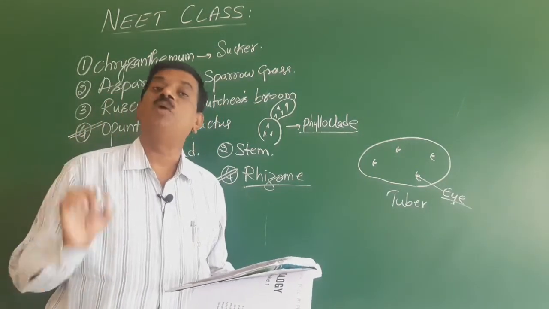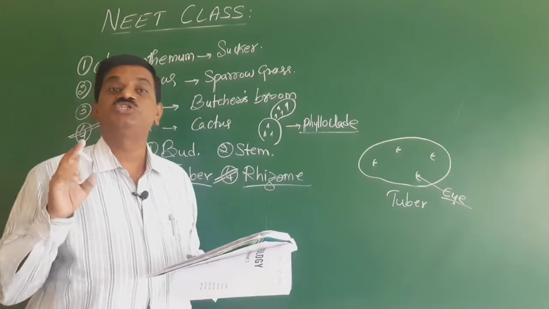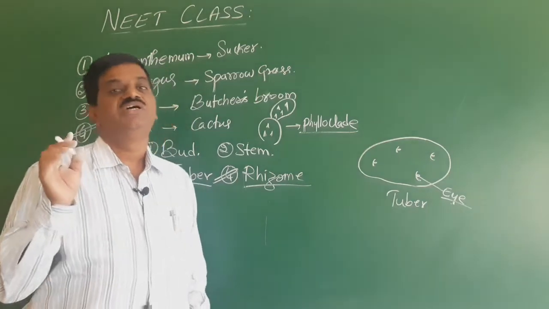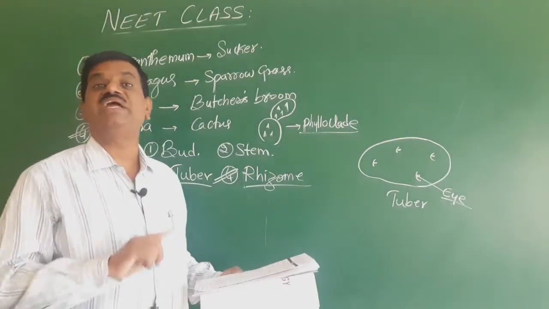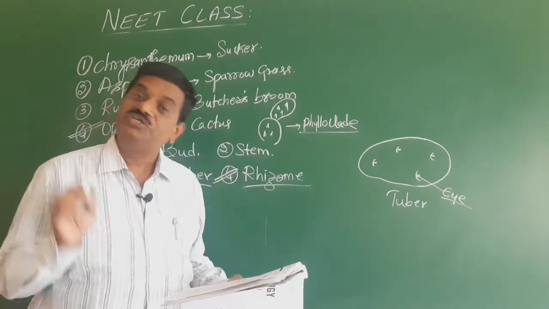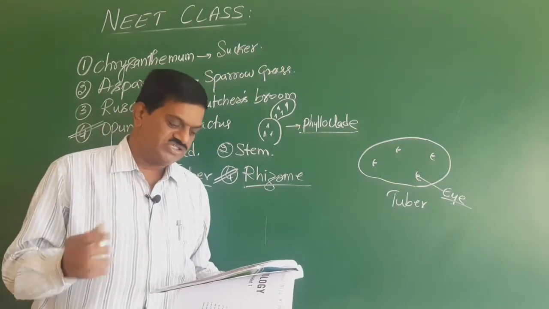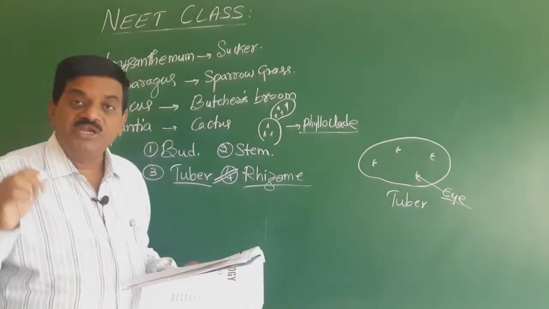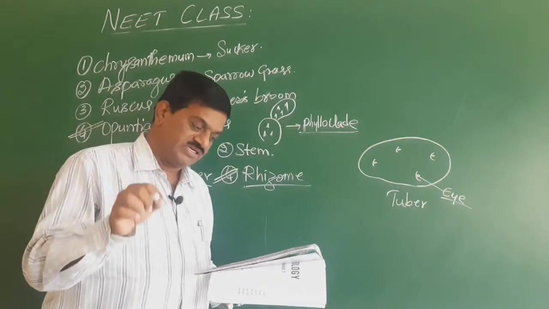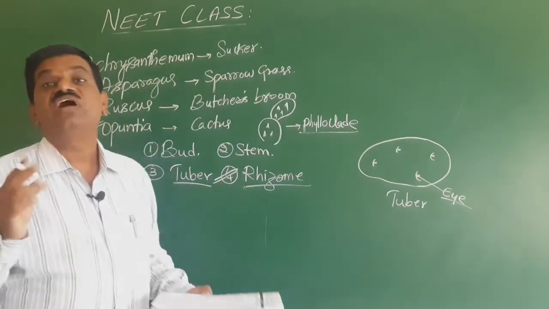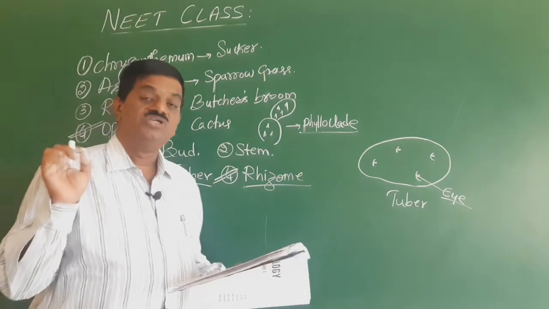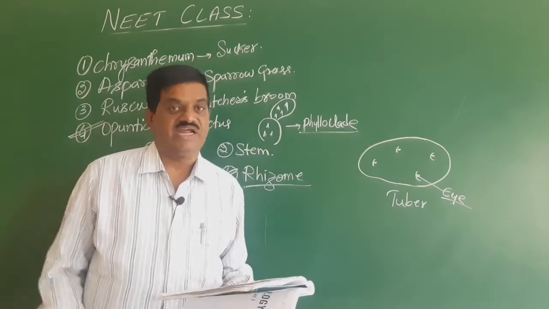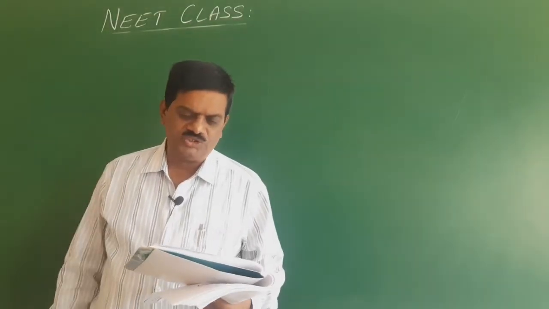The next one is opposite. The word opposite indicates two leaves are present on each nodal region. Either they are present on the same sides, it is called superposed. When they are present at right angles to each other, they are called decussate. But it is not the answer. The fourth option is palmate. In a palmate, the petiole ends at one particular point, and the leaves arise from that point. So even that's not the answer. So here the right answer is whorled. Whorled phyllotaxy is the right answer. So we go for the next question.